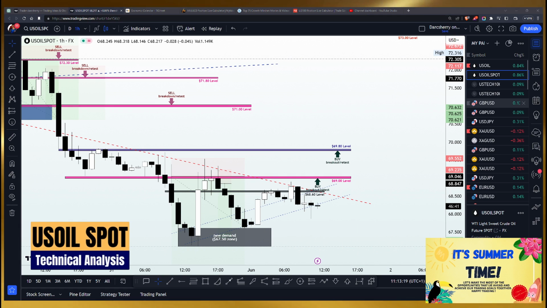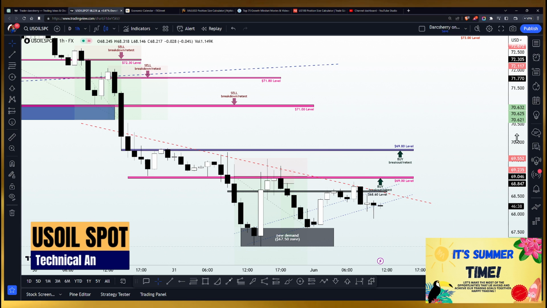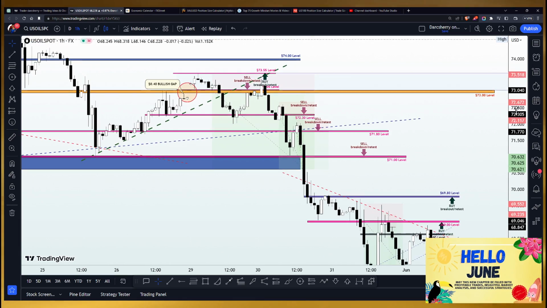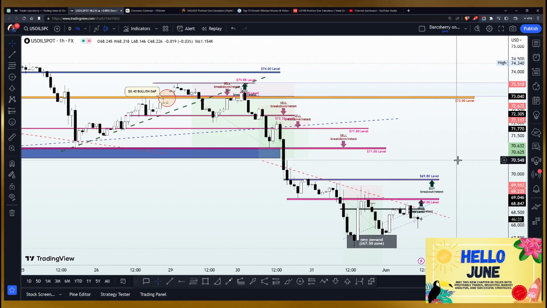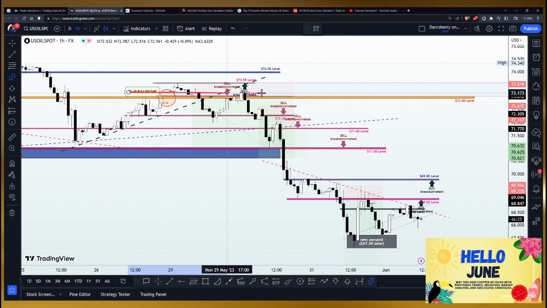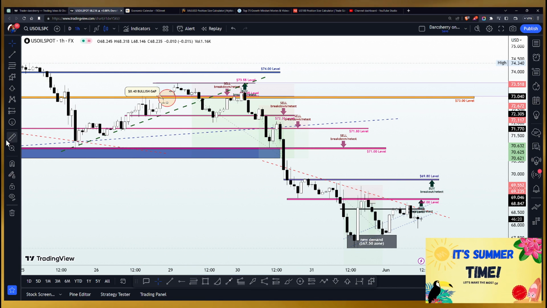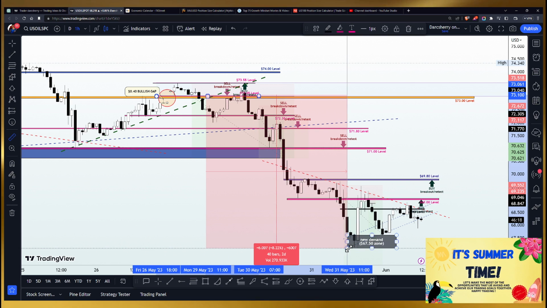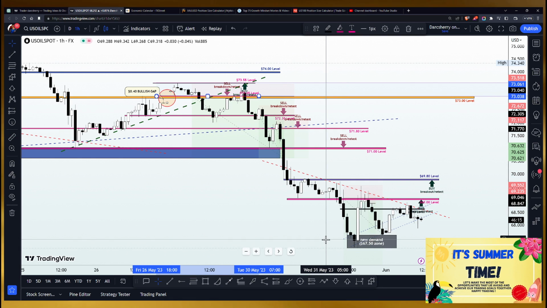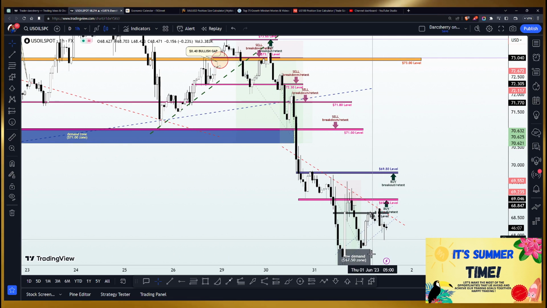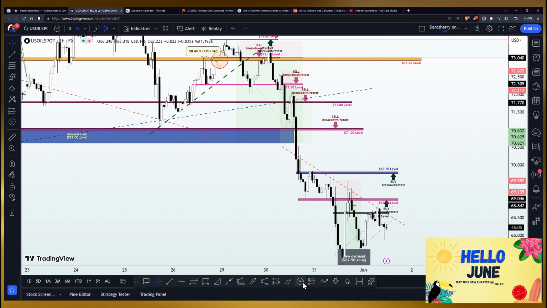On the US oil spot, we have been quite profitable this week. If you had been with us since Monday on this commodity, you will see that we have been selling the US oil spot after price action broke down the $73 area. Since then, price action has moved a whopping over 600 pips in our favor. And don't forget that we had multiple entries captured on this one as we continued to add more positions at the breakdown of key structures in this market.